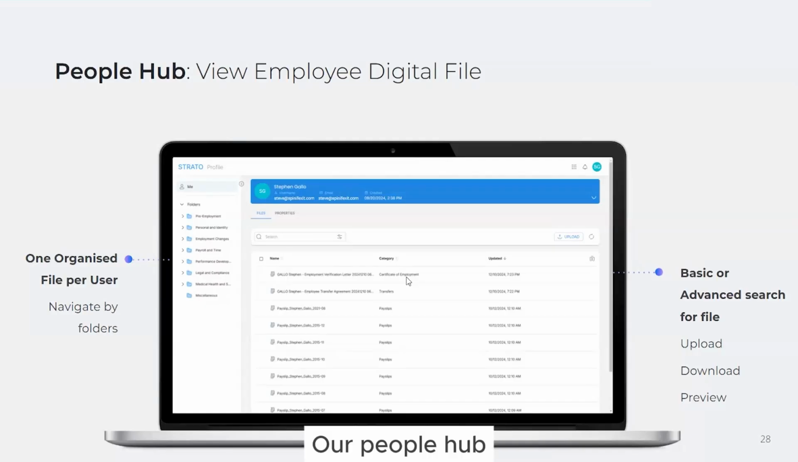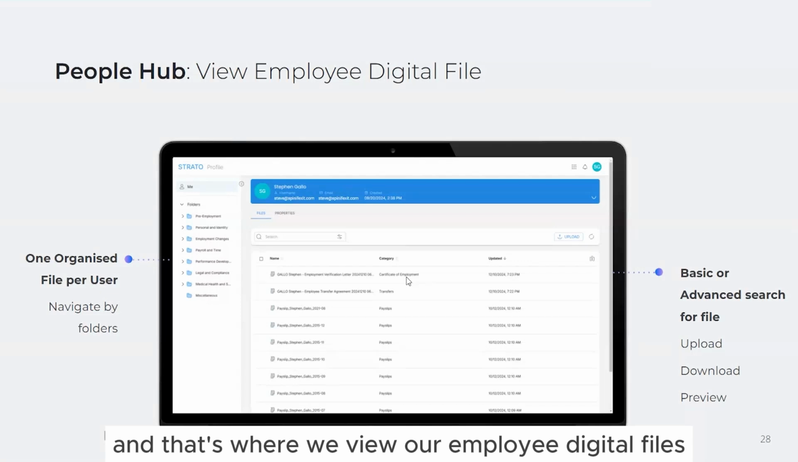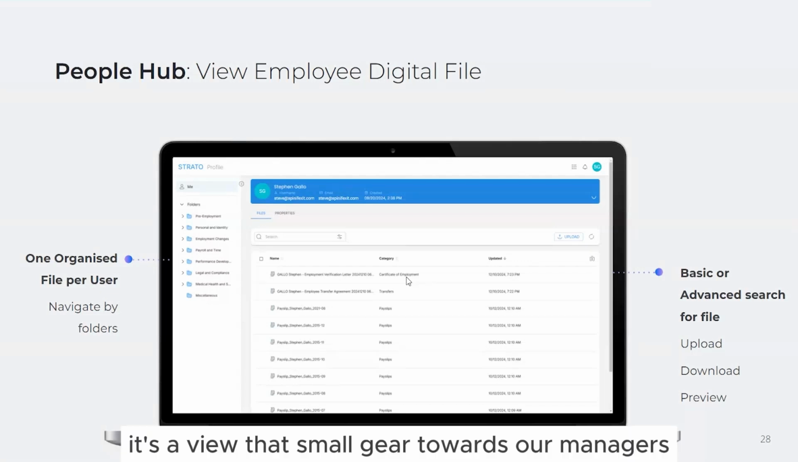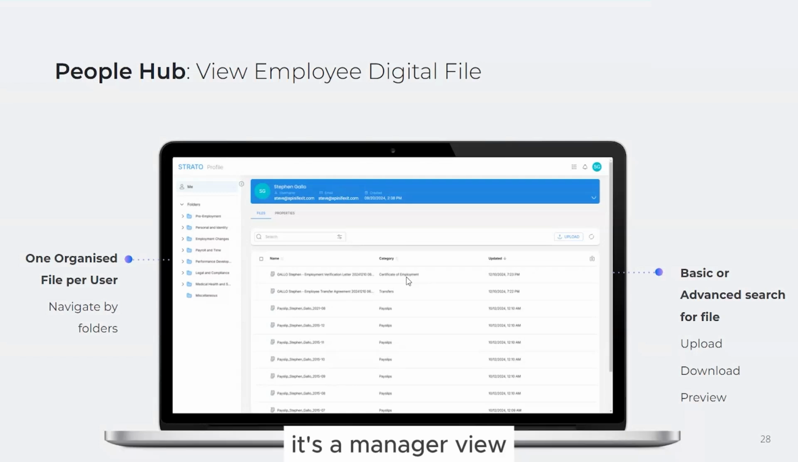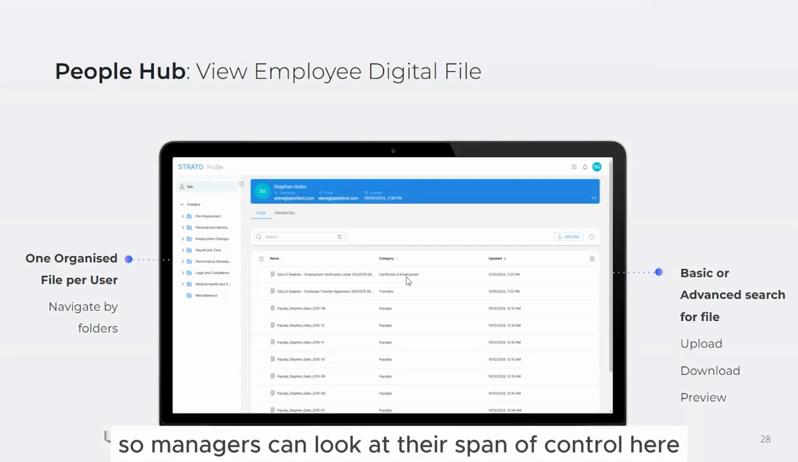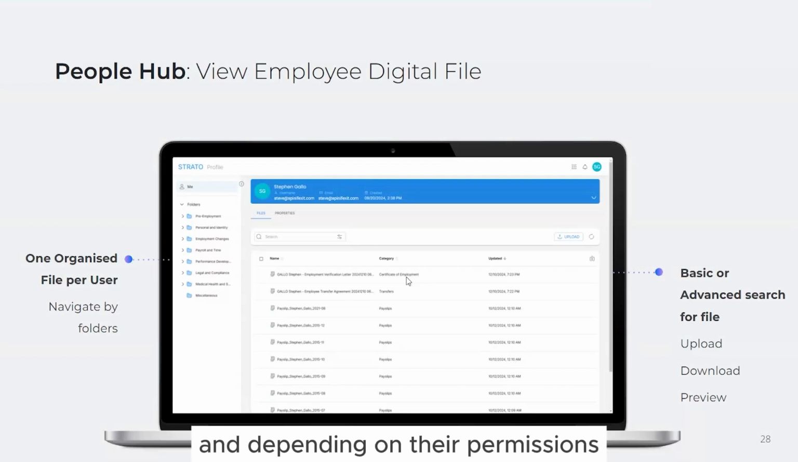Our People Hub. And that's where we view our employee digital files. It's a view that's more geared towards our managers. So this is not an employee specific view, it's a manager view, and it's also a HR team view. So managers can look at their span of control here, and depending on their permissions, they might be able to